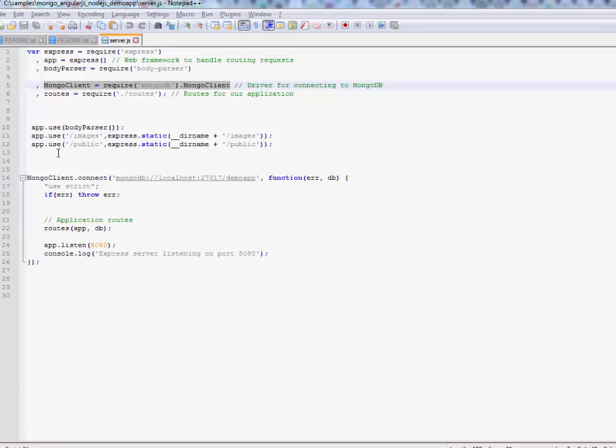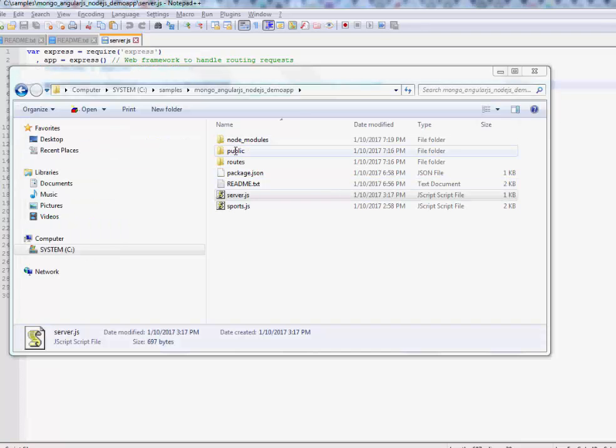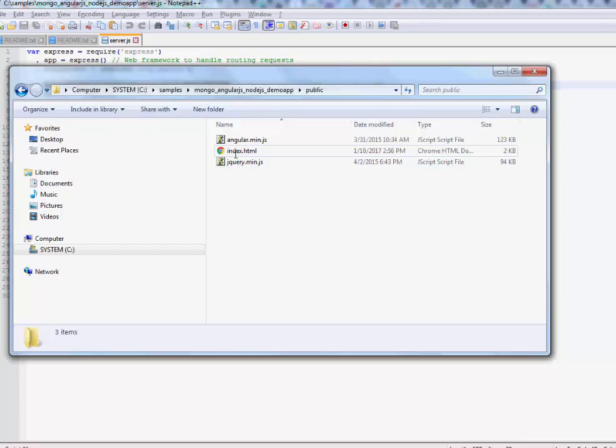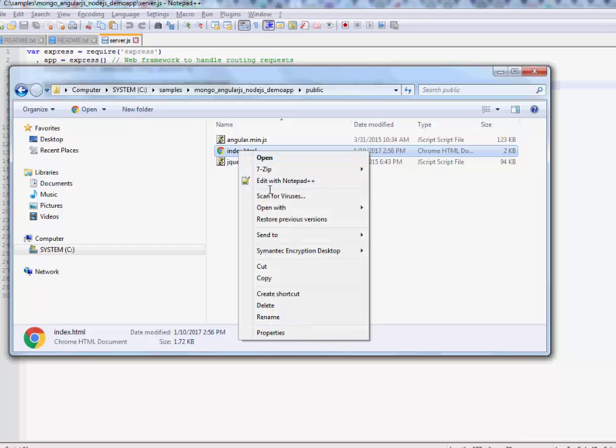And also we see here we are making a reference to public directory, and we are accessing the contents of public directory when we click on 8080/public. So we will see what is there in the public directory. Okay, in the public directory we have index.js, and angular.min.js and jquery.min.js are libraries needed by the AngularJS application. So we will open this